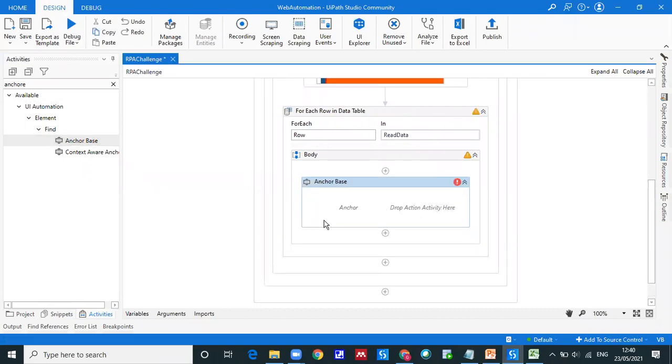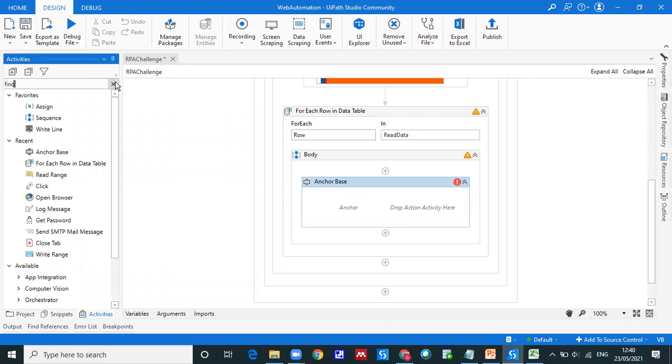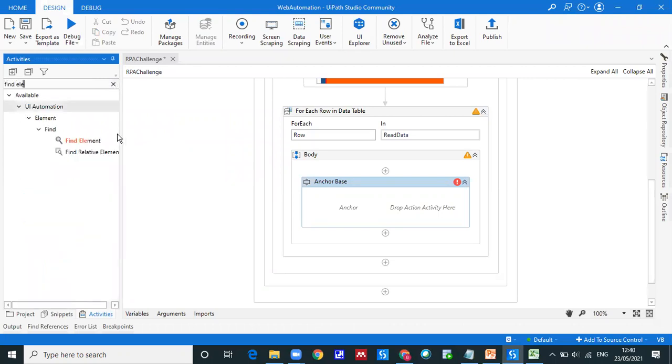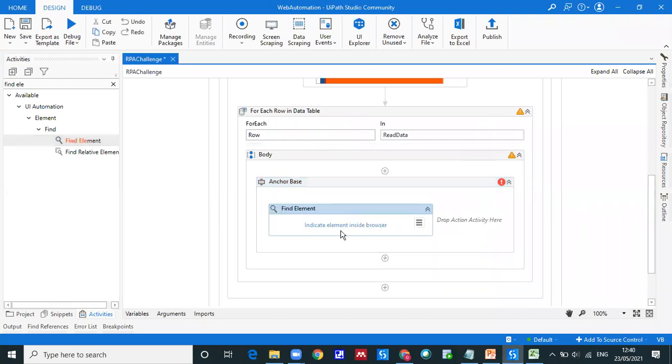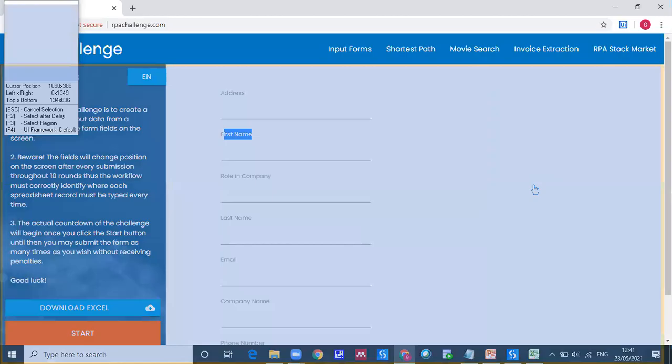So here is what is called an anchor. For anchor base, we have to add two options here. What am I supposed to add? I'm supposed to add a find element. First, it will search for that element. Where is that element? There on the screen. Click on, let's say, first name. Just a second, I'm going to